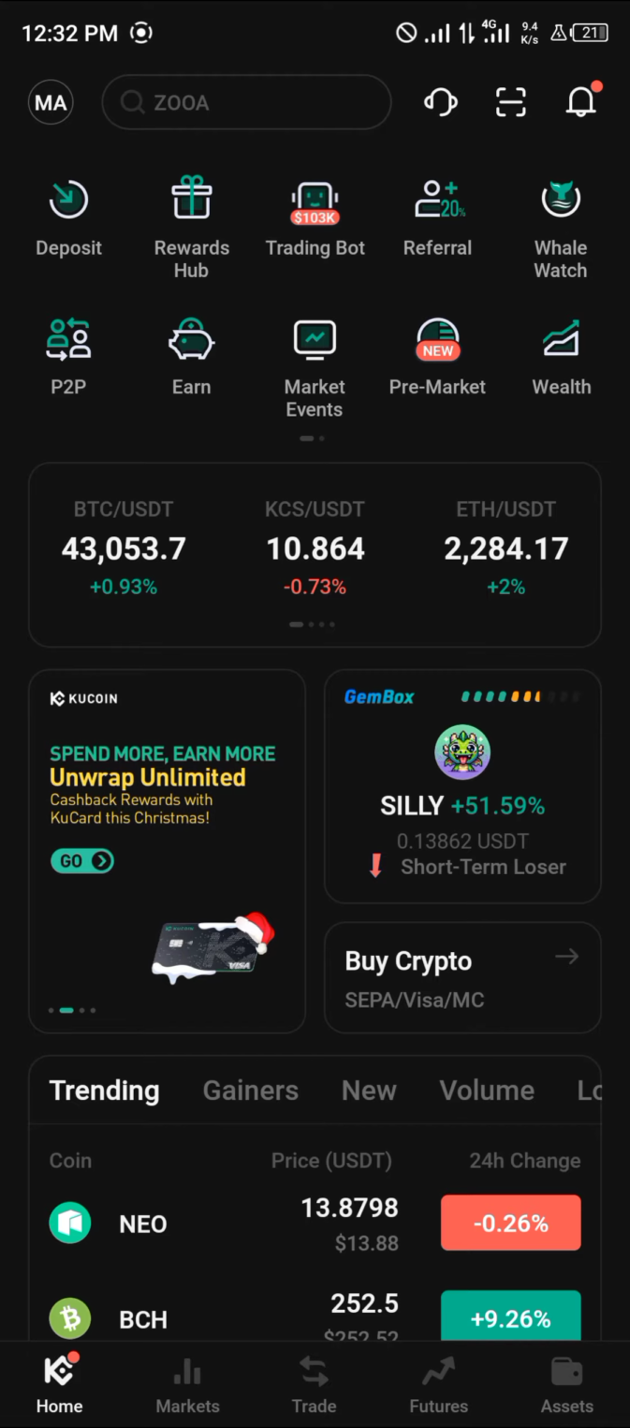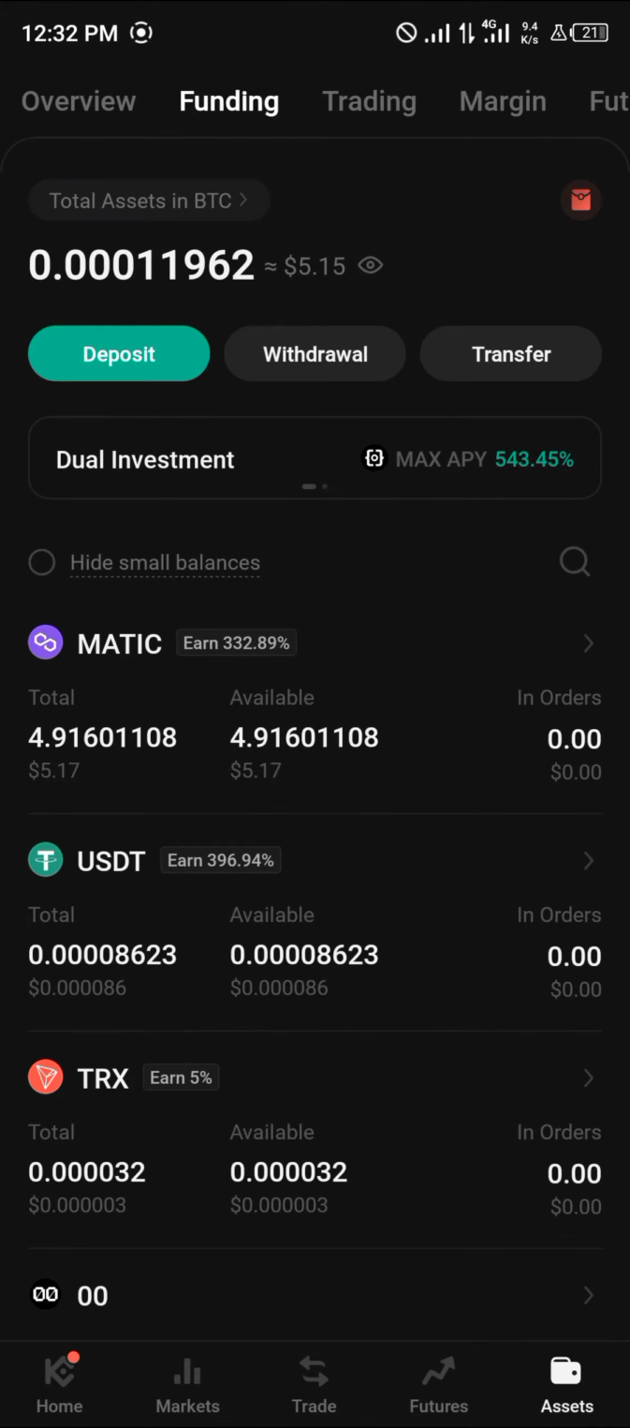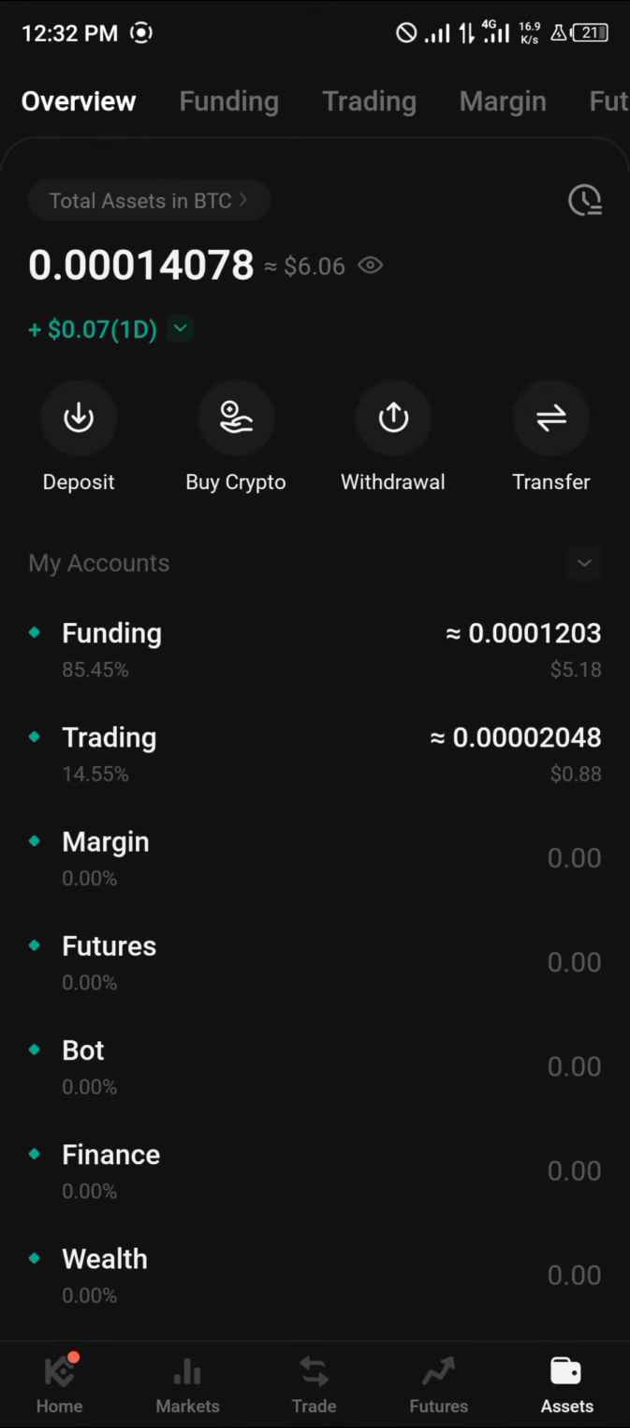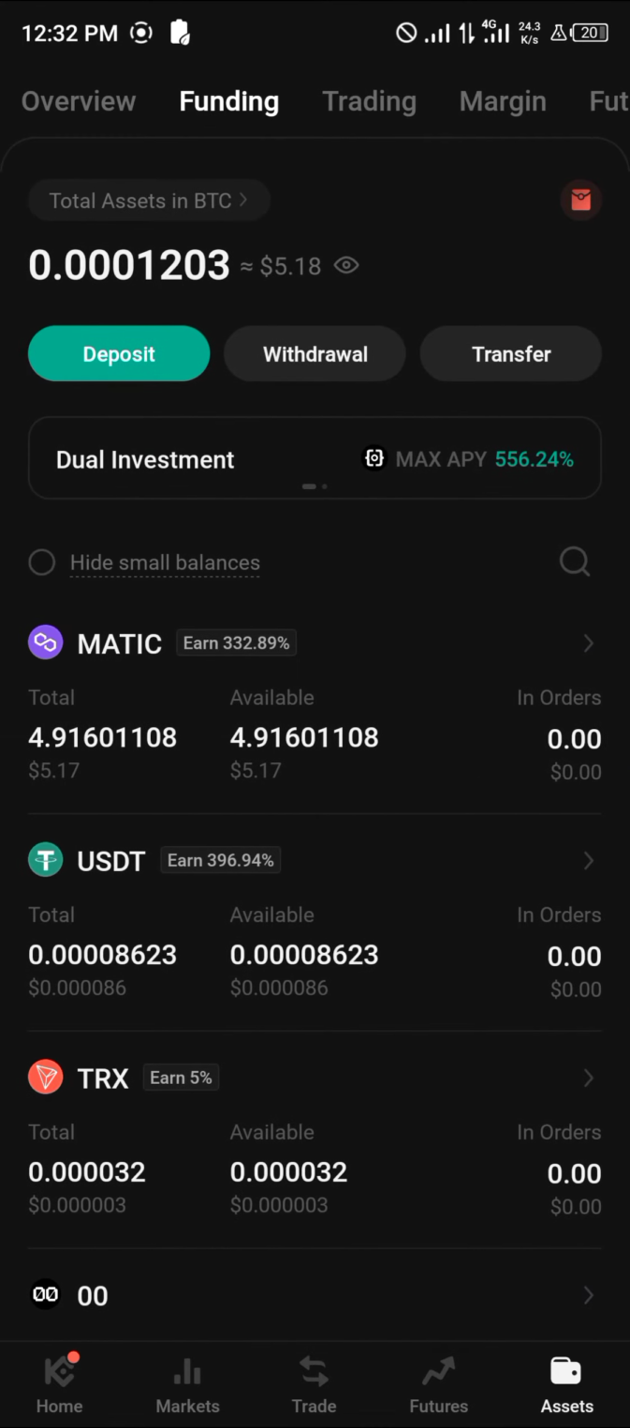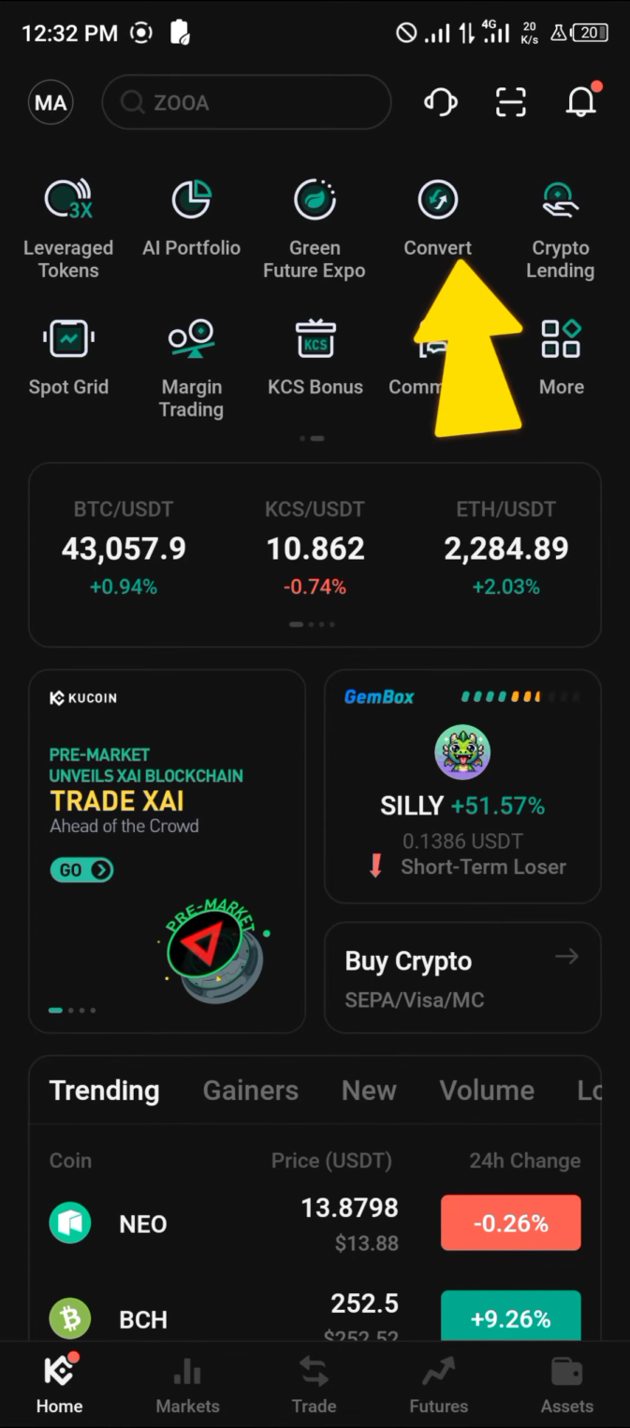Now, your next step to getting some of the tokens is to head to the assets menu, scroll from the overview to the spot, so you can have a look at how much crypto you hold. And once you've taken note of that, simply head to the home section, scroll to the convert icon,